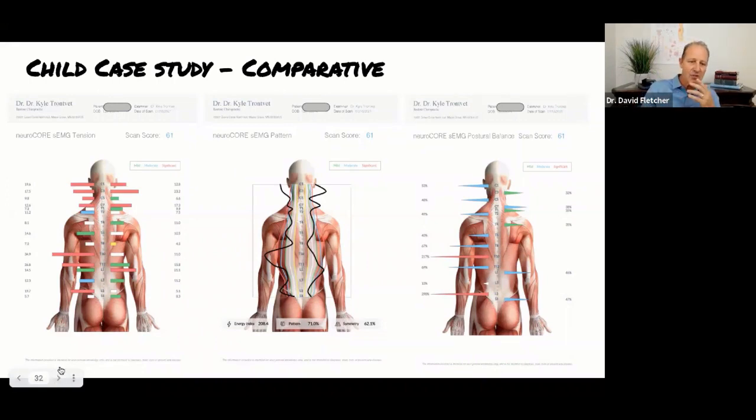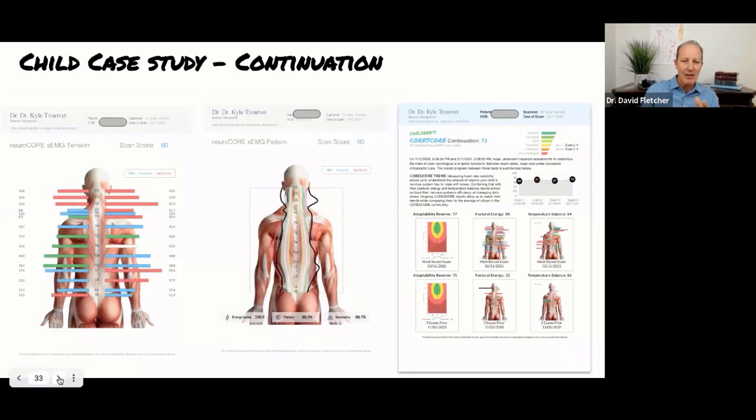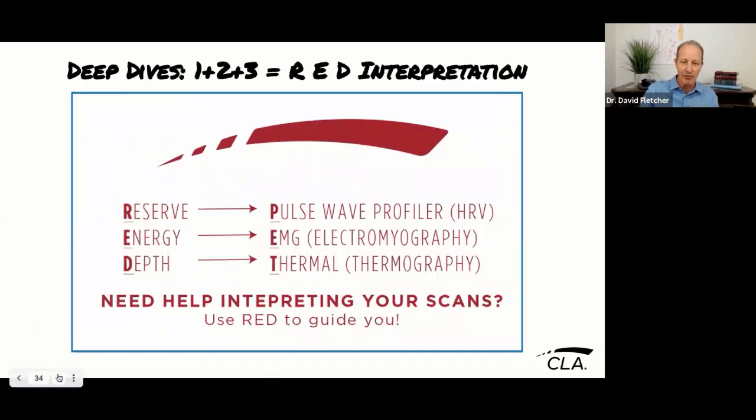And this is why EMG is such a critical tool. And you'll notice, this is the one that I love. You'll notice that he went from under 20% to, when we started to go down the care modeling, a pattern now at 88%. Sure, lots of activity with energy being up at 230, but look at that pattern and look at that symmetry. This is why you want to have symmetry and pattern affiliated and not just look at this amplitude bar graph and go, oh, there's a lot going on. Yes, there is, but there's a lot of change and a lot of improvement.